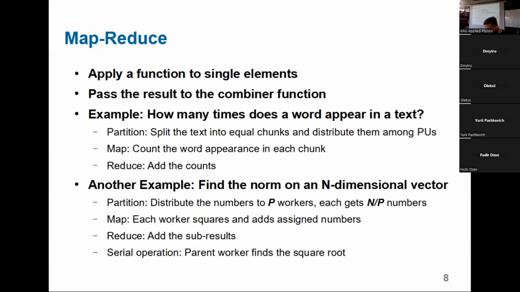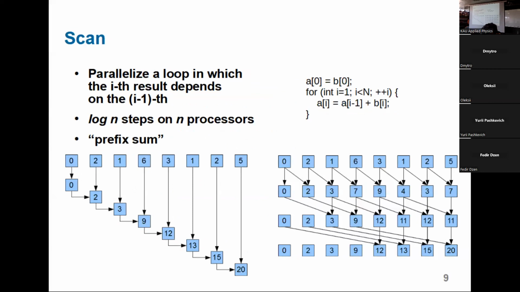So now, what about that loop where the result of my ith element depended on the result of my previous element? Can we really not find some way to parallelize it? Yes, actually, we can, but